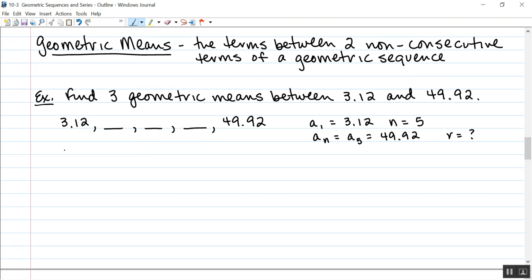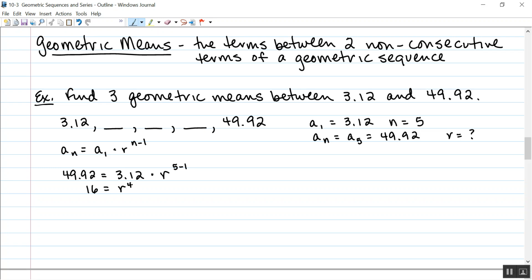So let's use our formula: a sub n equals a sub 1 times r to the n minus 1. So for n equals 5, a sub 5 is 49.92, and that equals a sub 1, 3.12, times r, which is what I don't know, to the 5 minus 1, or r to the fourth. So I'm going to divide both sides by 3.12, and that gives me 16 is equal to r to the